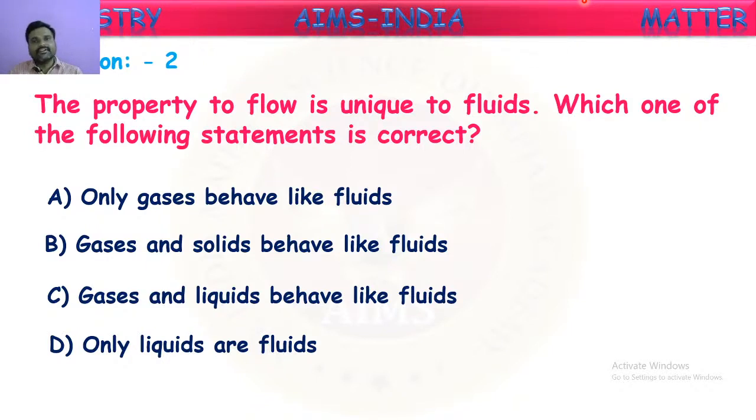In liquids, molecules are loosely packed. There are some attractions, but less when compared to solids. Because of less attractions, the molecules can slide over one another. So liquids can flow, but only in one direction, that is from higher altitudes to lower altitudes. Anyhow, they are flowing, so they are fluids. Liquids are fluids.